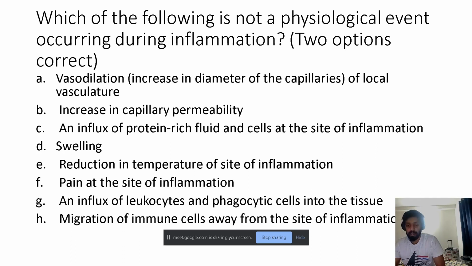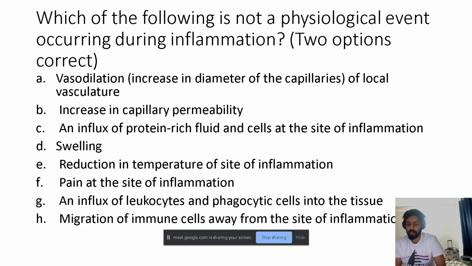So there is vasodilation, right? By definition, inflammation results in vasodilation, where there's an increased diameter of capillaries to facilitate more fluid and immune cells traveling to the location. And you want the immune cells to go out of your blood vessels as well, so there's an increase in capillary permeability too. And there's an influx of protein-rich fluid and cells at the site of inflammation, especially immune cells. As a result, there is swelling also, but there is no reduction in temperature at the